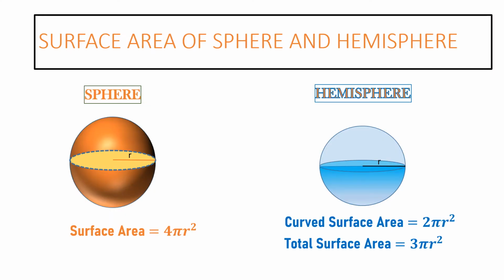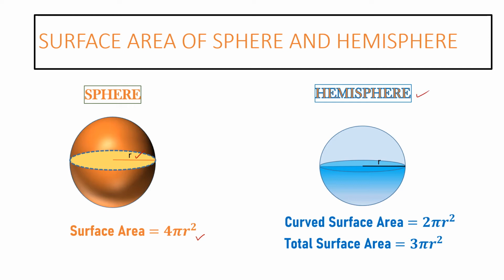Now understand what is surface area. I have done one activity to show why the formula for surface area of sphere is 4 pi r square. The link of that activity I have attached in the description box. You can open through that link and just watch how the surface area for sphere is 4 pi r square. So sphere has only one surface, right? Suppose r is the radius of the sphere. So surface area is 4 pi r square, and if we cut this sphere into two halves, so each part